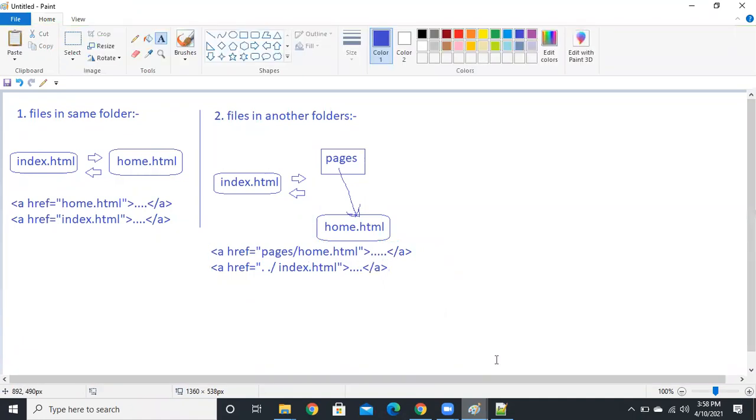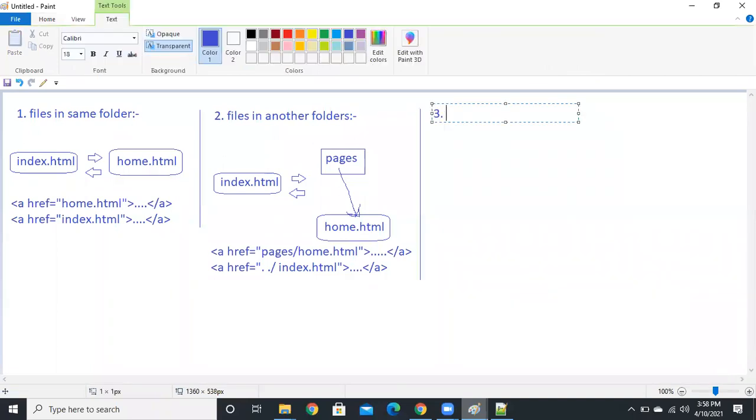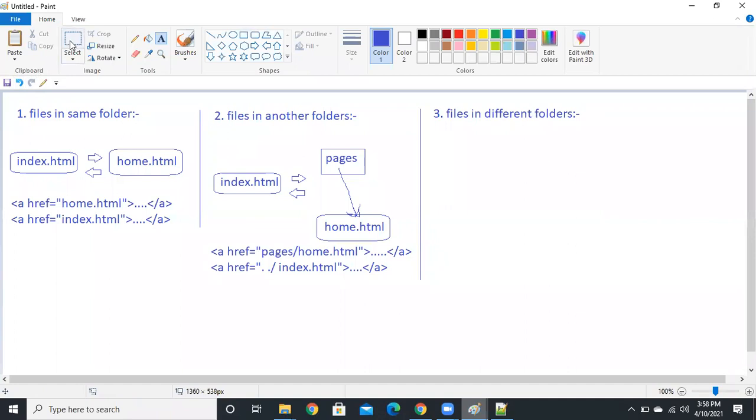This is the second case. And the next, last one, you try to understand. Suppose, see, I have two folders, guys.